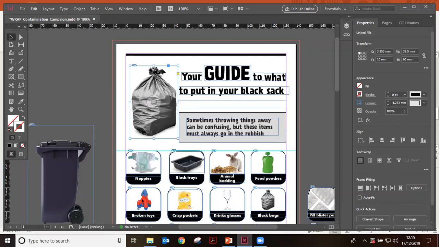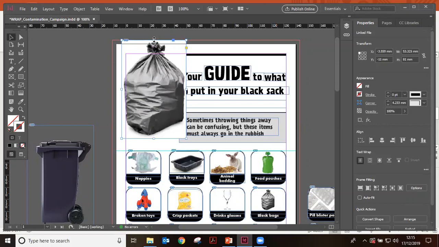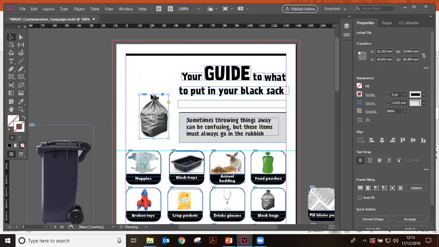If you press Control and Shift on your keyboard, so I'm holding that down now, and then hover your cursor over any one of these little white boxes, click and drag, you can make it bigger, click and drag, you can make it smaller. And by holding down Control and Shift at the same time, it'll get bigger and smaller in ratio. It won't stretch or distort the